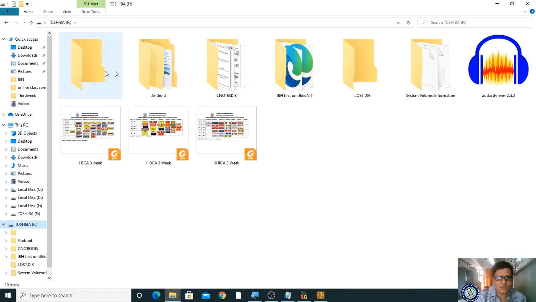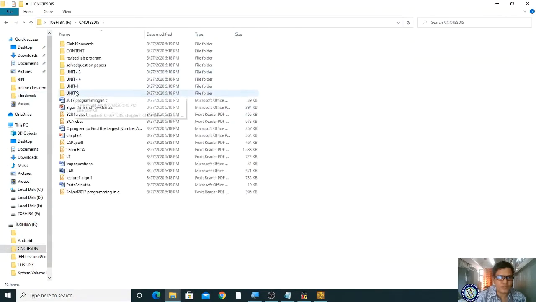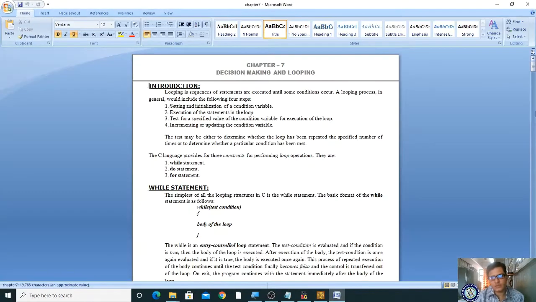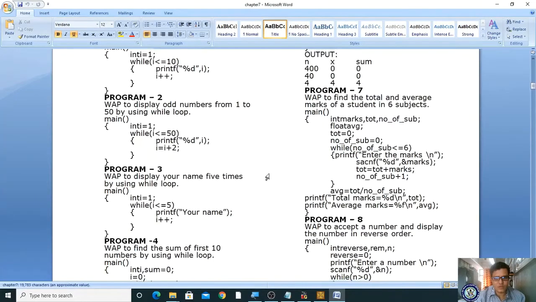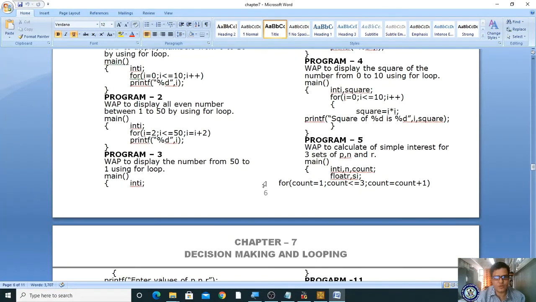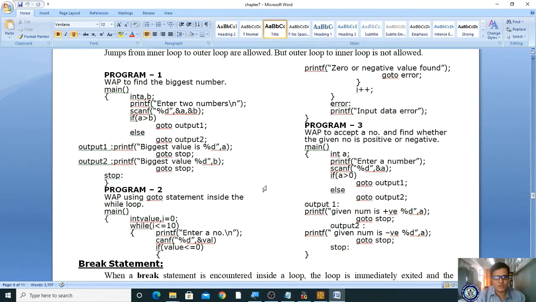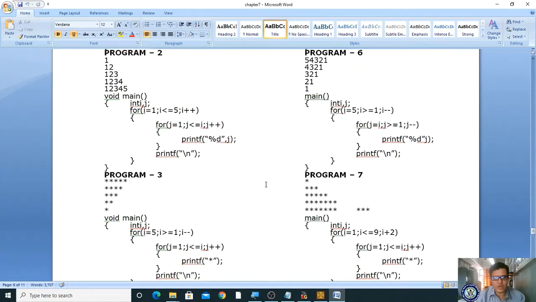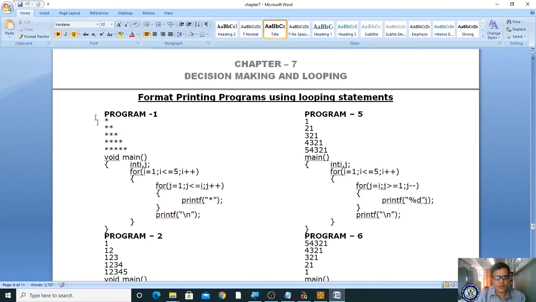Let me check some programs here in my unit 2 chapter 7. Here you are seeing some programs related to the nested for loop. In nested for loops, these are very important concepts. I have explained this, right?